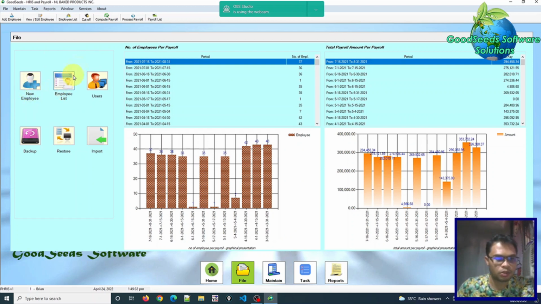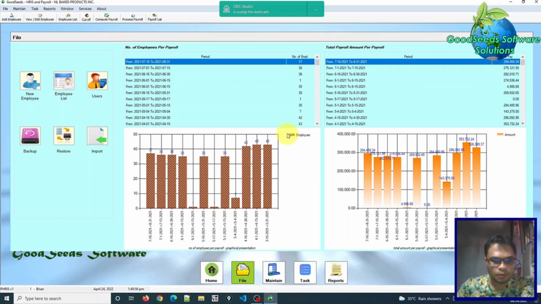You can click the employees button if you want to look at every employee in the list. When you want to add a user, you can click this button, and then we have buttons for backup, restore, and import file.